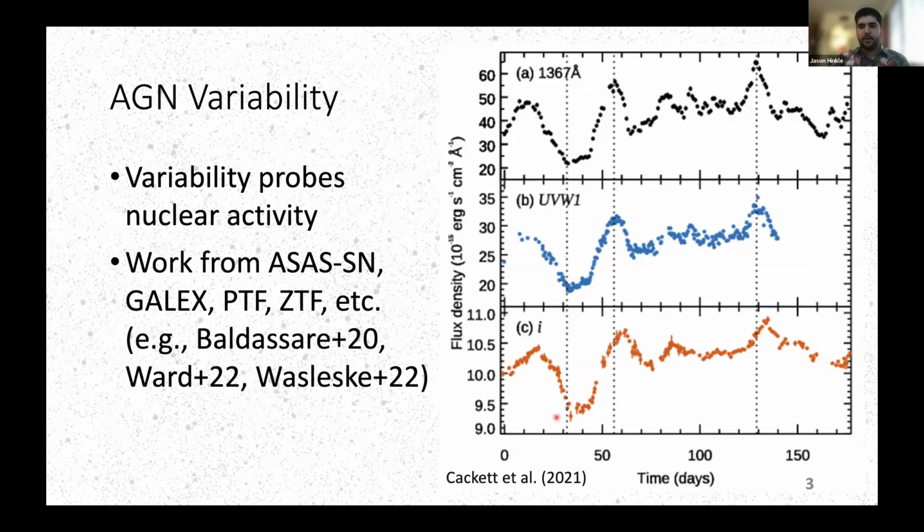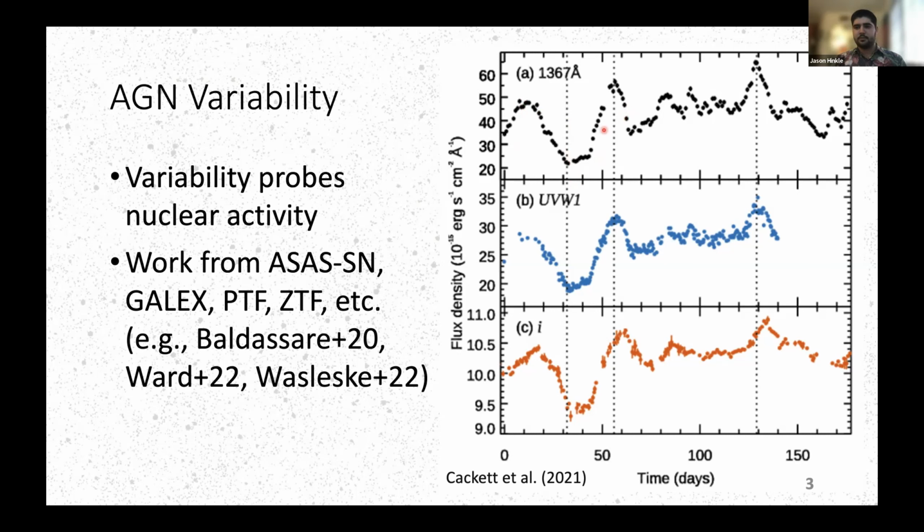On the right, I'm showing an example of the well-known AGN NGC 5548 with light curves from the far UV to the I band, which is obviously comparable to TESS. And as you'll note, all of them have this very sharp stochastic variability that's much different than the periodic variability you'd expect for, say, an exoplanet transit or a variable star. And it happens on the time scale of a few days, in this case, up to a few weeks.